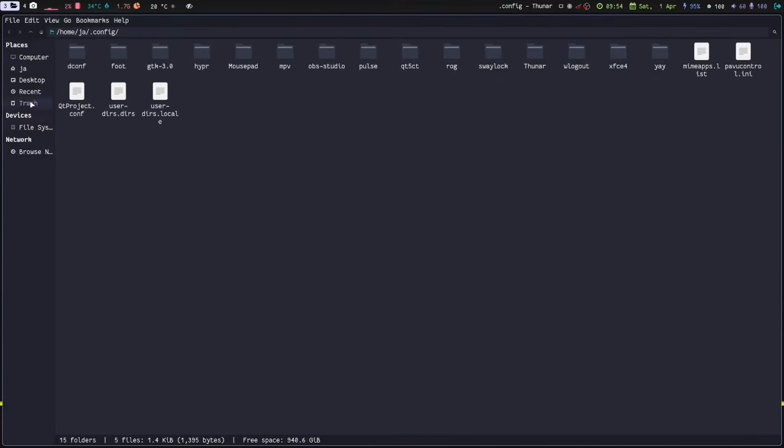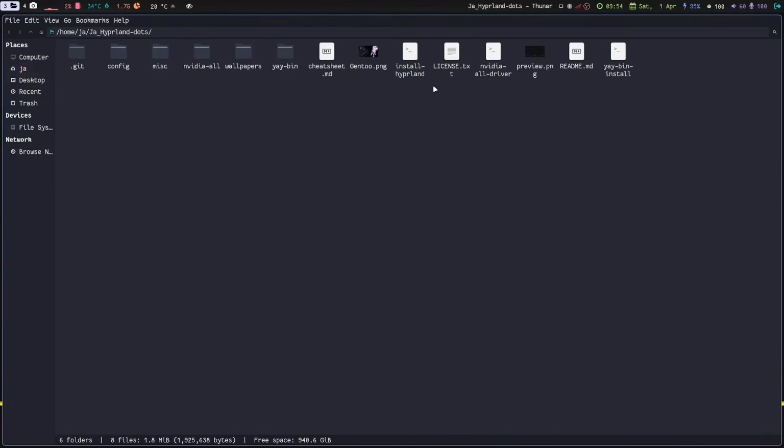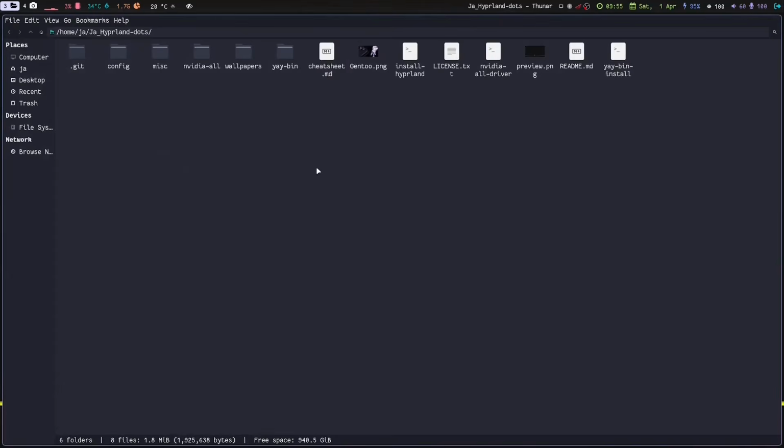And then if you're new to Hyprland, with the dotfiles downloaded earlier, I have a cheat sheet here, so you can have a quick look at what the shortcuts are. So super key is the Windows key, and then